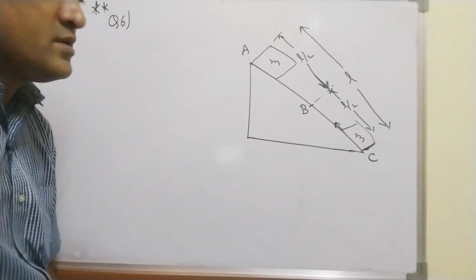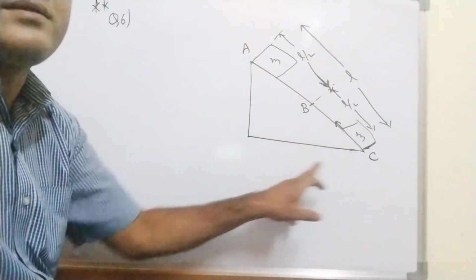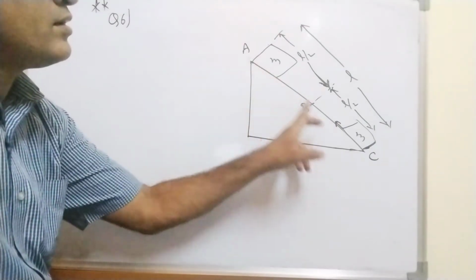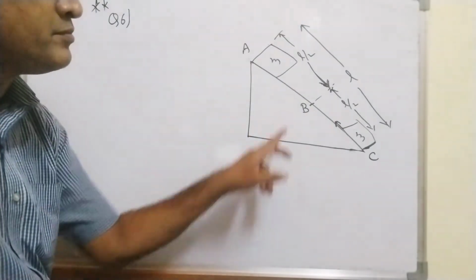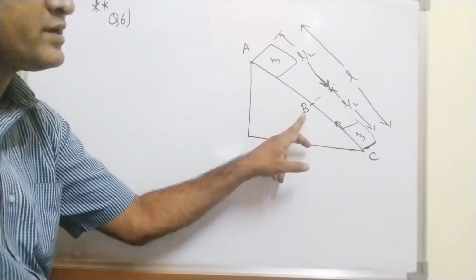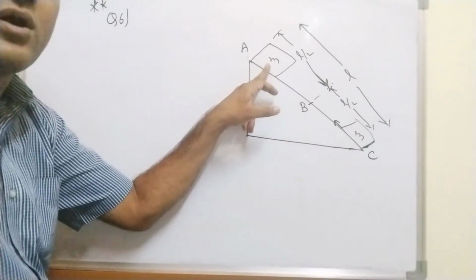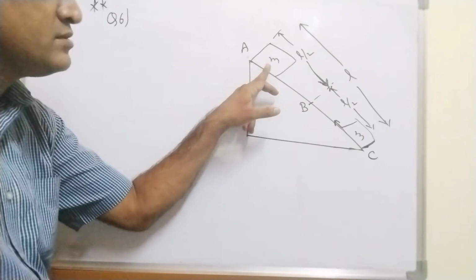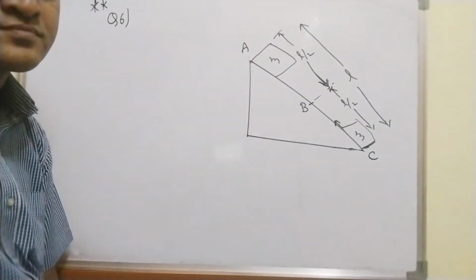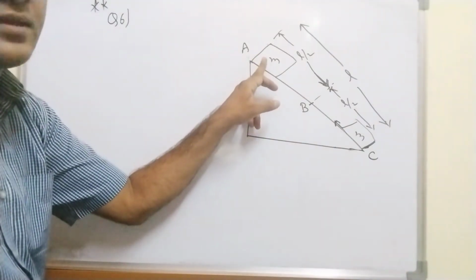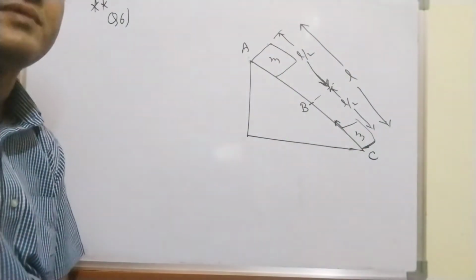Let me give you one more important model. So this is another question, an important model. I have considered an inclined plane, which I have taken as AC, and B is the midpoint of inclined plane AC. The block of mass M is resting on the inclined plane at the top edge, that is at point A. It slides down the inclined plane of length L. Total length of the inclined plane is L.